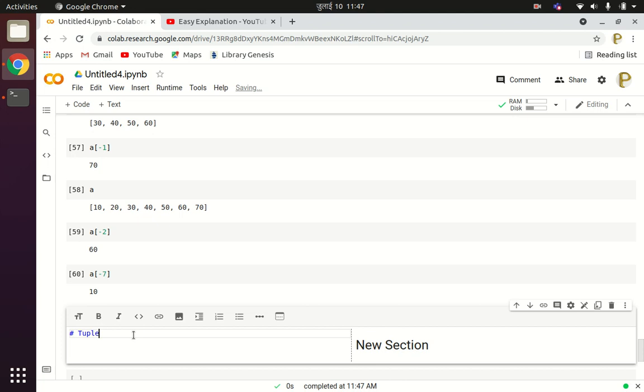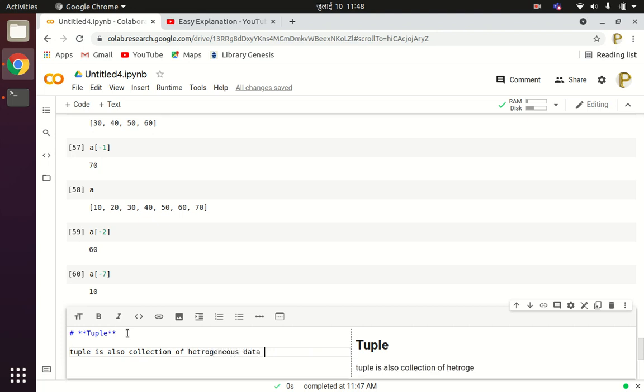Tuple. Like list, tuple is also a collection of heterogeneous data values, but unlike list, tuples are immutable.